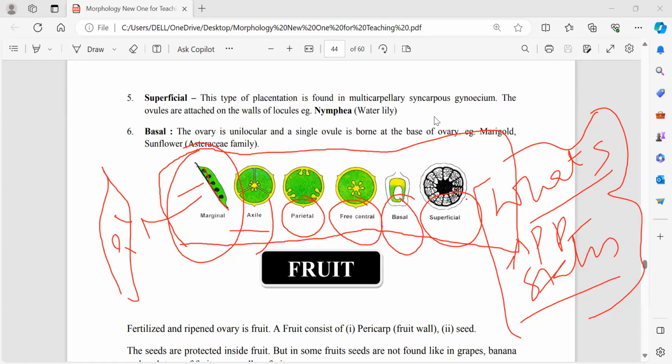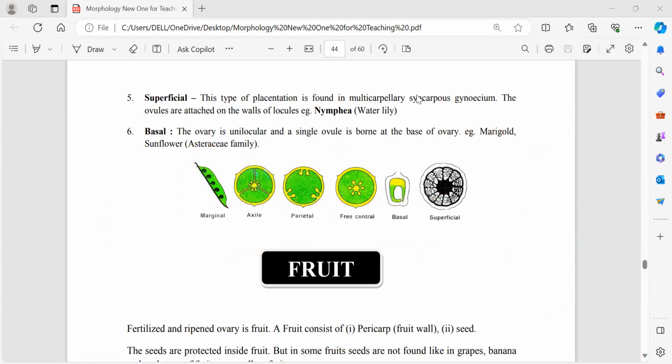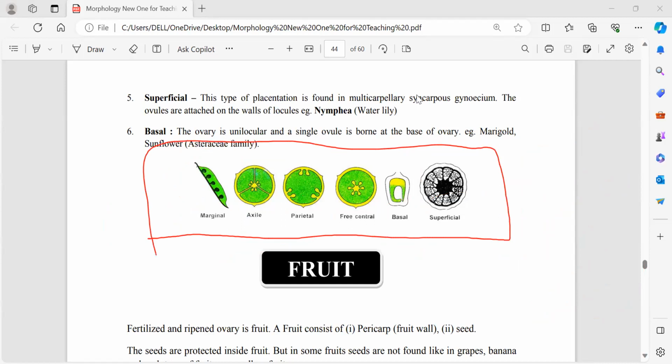कोई रिपीट करे मेरे साथ? Yes, sir. बताओ। Marginal, axial, parietal, precentral, basal, and superficial. एक मिनट, I will share whiteboard with you, और उसके बाद हम। व्हाइट बोर्ड आया।